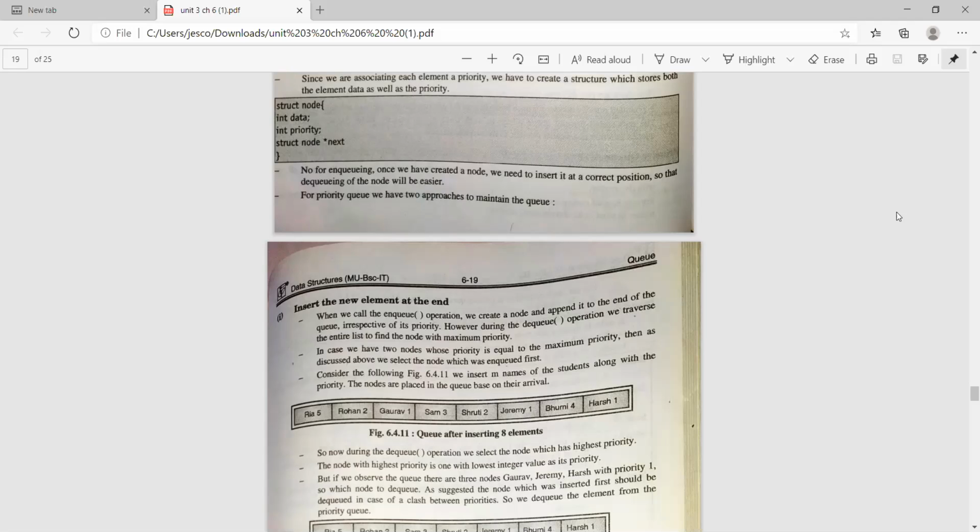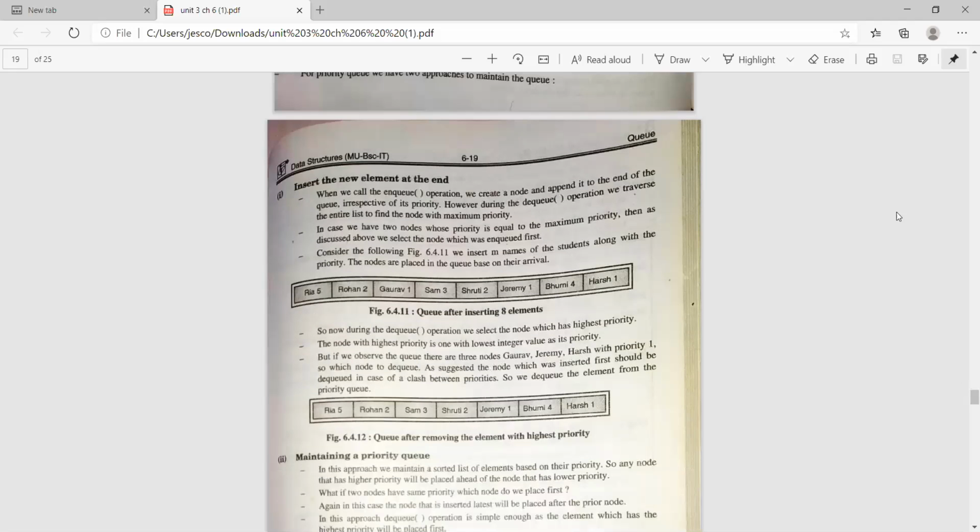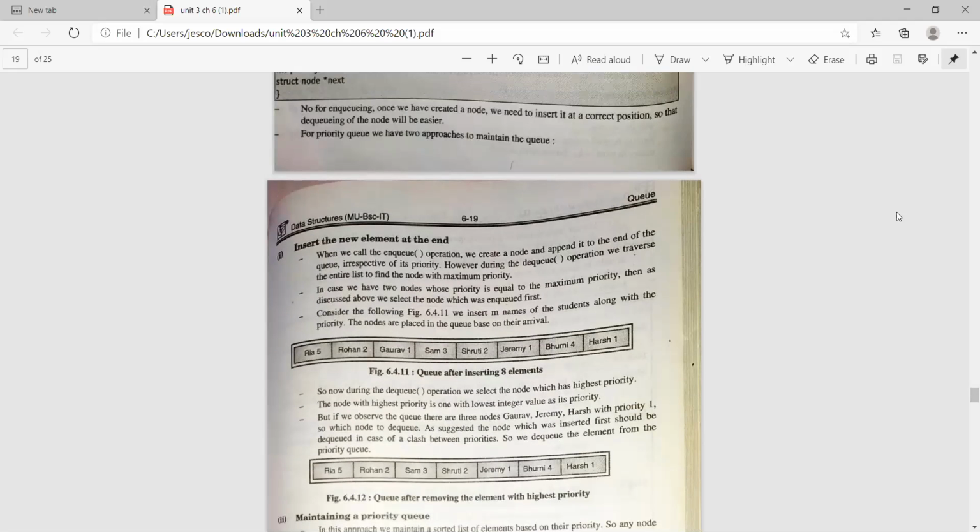Then struct node pointer next, with this line we can create a new node to insert into the queue. So for a priority queue, we have two approaches to maintain the queue.